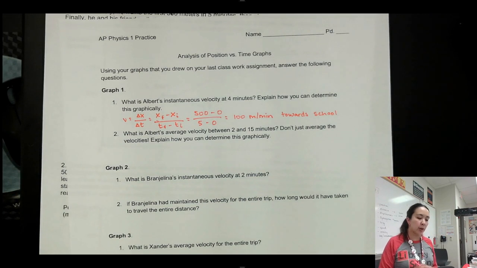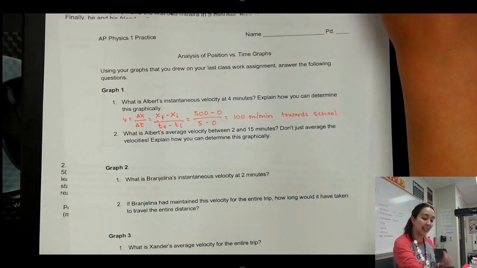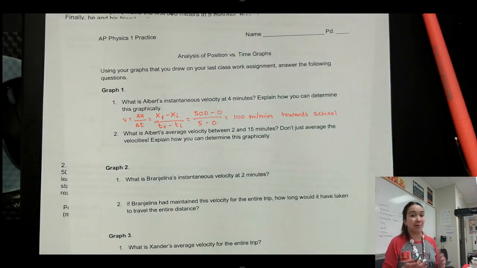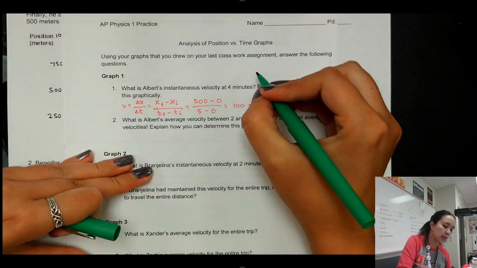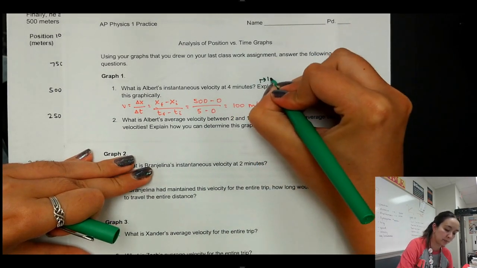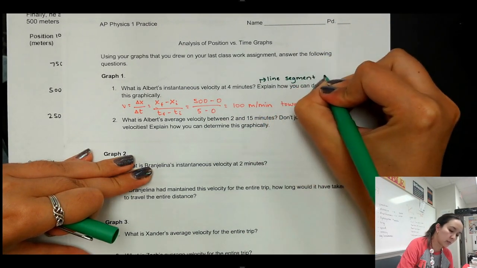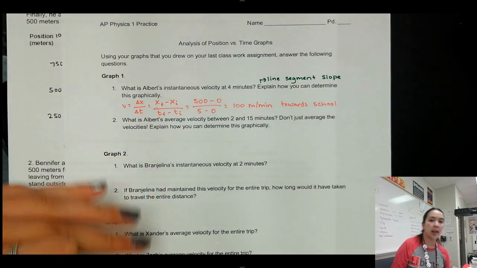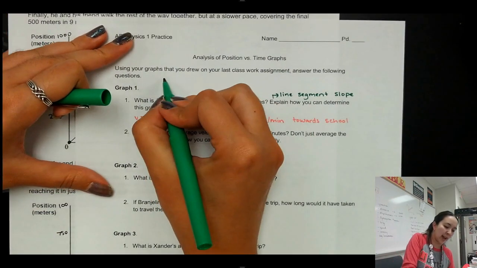It also asks us to explain how you can determine this graphically. This is a reminder for later, as you try to find the instantaneous velocity of not just lines, but also curves. Since we had constant velocity, it was easy; we just looked at the slope of that particular line segment. As we get to non-constant velocity motion, if we had a position graph that was a curve, for example something like this,